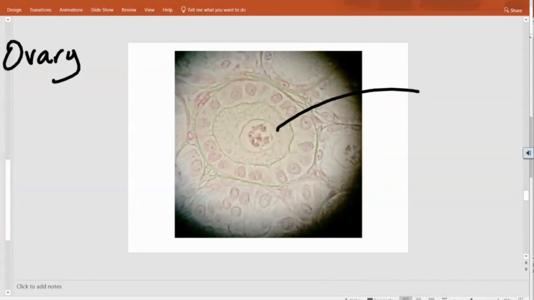So in AP, we pick and choose which names we're going to use, okay? That thing right there, that's commonly called the egg. We're not going to call it the egg, okay? But that's an egg. So you were that one time. Here's what we're going to call it in here. Because it's a cell,